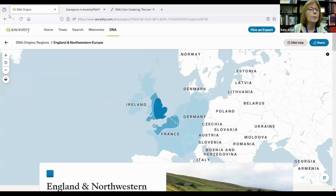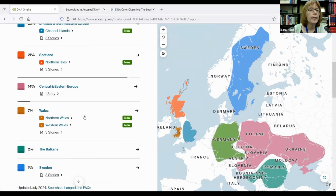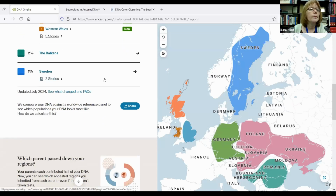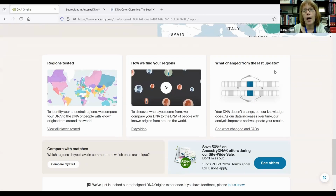So if you're like me, you probably have some of these new subregions here, and you can take them and read up all about it. So here is where you can see what changed from the last update. I have scrolled all the way down almost to the bottom of my ethnicity update. And so this is going to show you what your previous